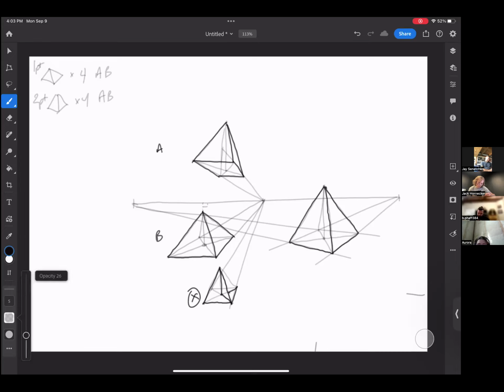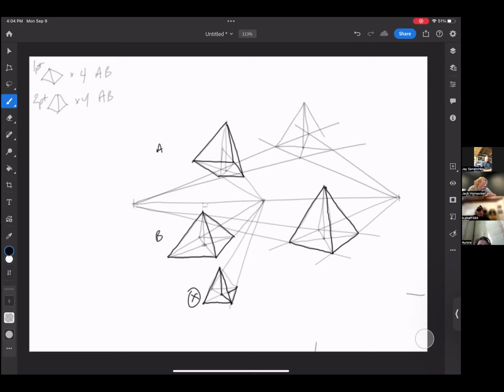Exact same thing above the horizon line. Okay, 2 vanishing points to establish the base. Connect the corners. Vertical line up to an arbitrary height. Same word of warning in terms of things looking weird above the horizon line. Darken the lines that you want to be visible as your finish lines.